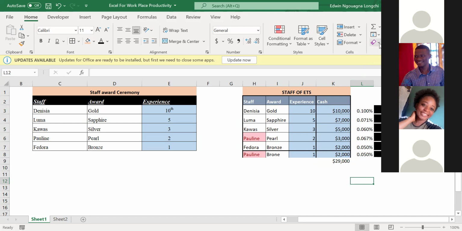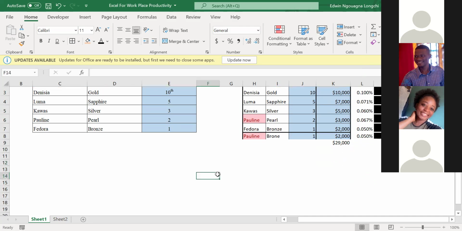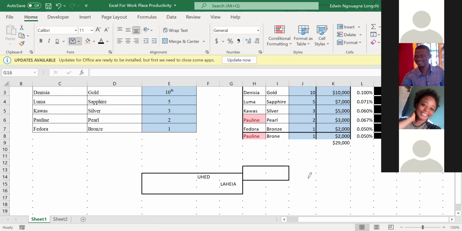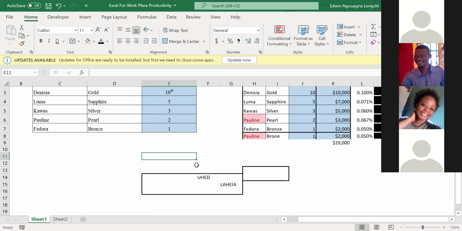Then this one here is your eraser. Maybe you want to erase some stuff. Let's just write some stuff here. Maybe mistakenly your hand has touched a lot of things and maybe drawn some lines. Let's take that Draw Border and just draw some lines. And now you don't know what to do. You double click, and maybe to delete this line now, Delete is not going. You take backspace, it's not going.